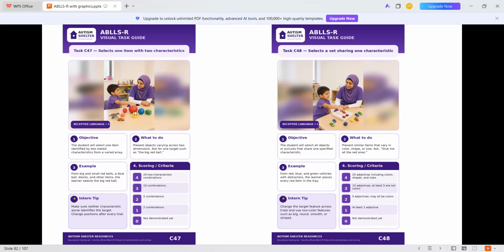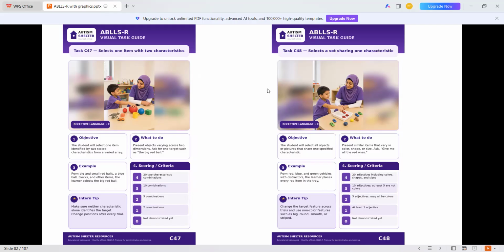It's a ball, but it's red, one adjective, and big, another adjective. A green big block, and a small red ball. You are going to master it when the kid can give you 20 items, and each item is presented with two characteristics, two adjectives.